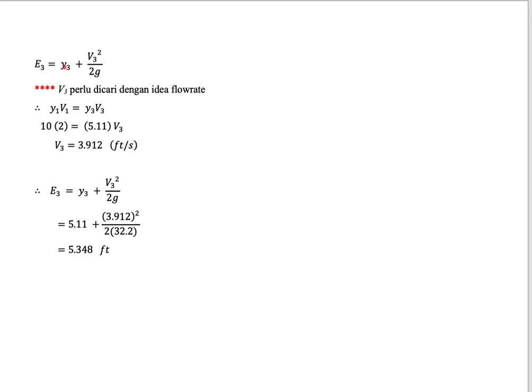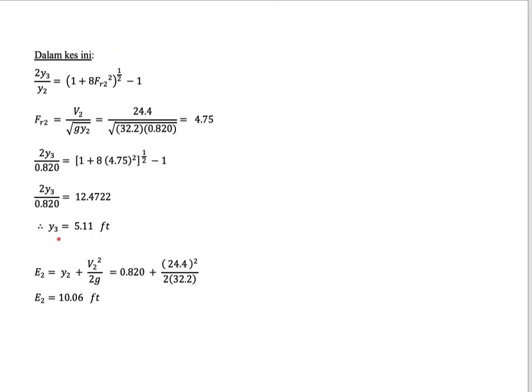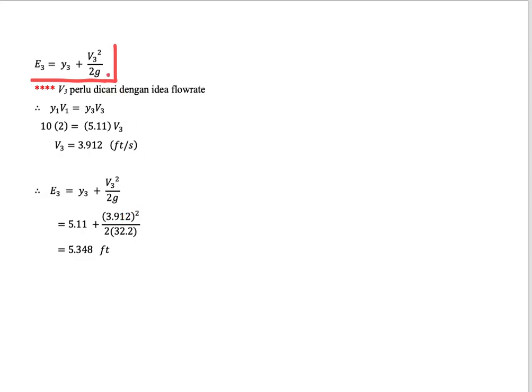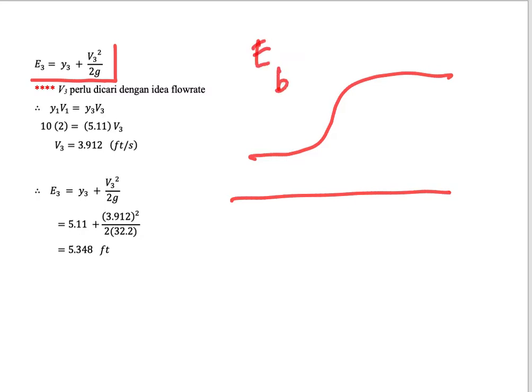Then we calculate the energy at point number 3. This is the equation for energy at point 3, y3 plus v3 squared over 2g. Previously we got the value of y3 here, so we need to calculate the value of v3. Again, please remember this one. If you have a hydraulic jump like this, the energy before and the energy after the hydraulic jump are not the same, but